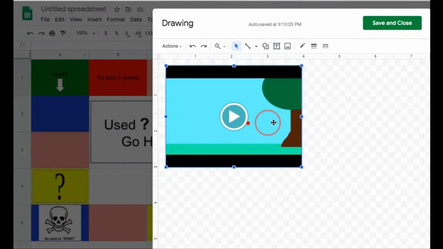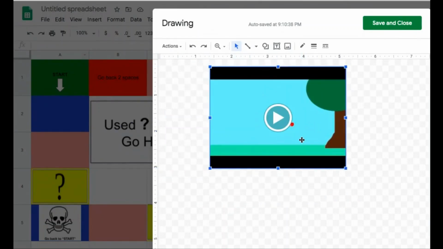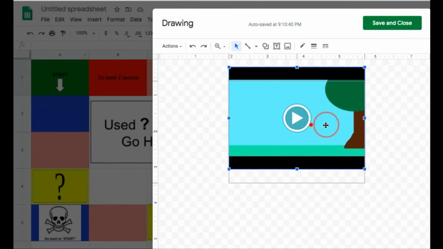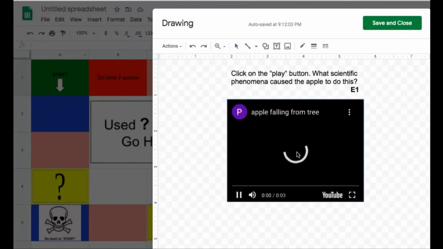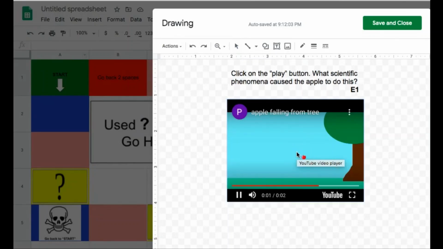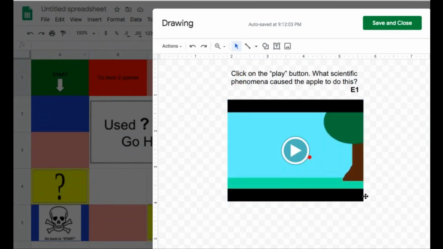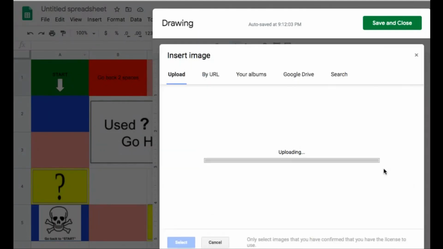And now I have my video. I can adjust the size and move it where I want. So I have the instructions, have them click on the play button, and then answer the question. So let me test it to see if it works. I click play, and then it shows the apple falling from the tree. So if I'm satisfied with that, I can then upload